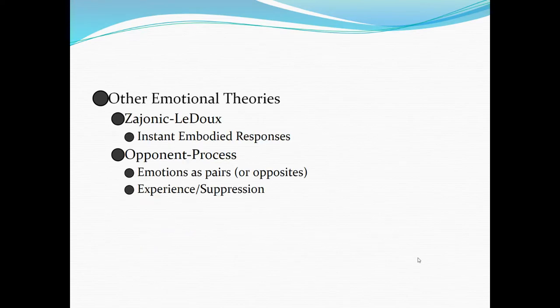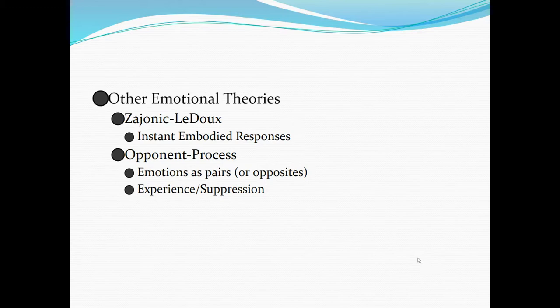There are some other emotional theories, however, things that don't necessarily relate to those four main aspects of emotions. The Zajonc-LeDoux theory says that we have an instant embodied response, and this often occurs with the emotion of fear. So, for example, you're watching a horror movie and someone jumps out around the corner and you jump and you're afraid instantly. You didn't have time to interpret it. You didn't have time to feel it. It just instantly occurred. And so in some cases, the Zajonc-LeDoux theory may be evident, especially in the cases of